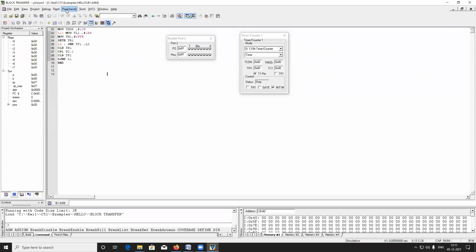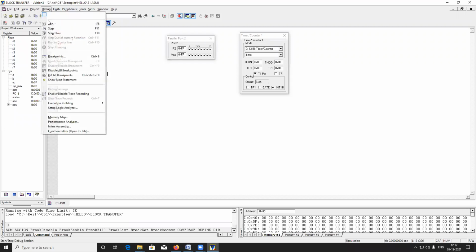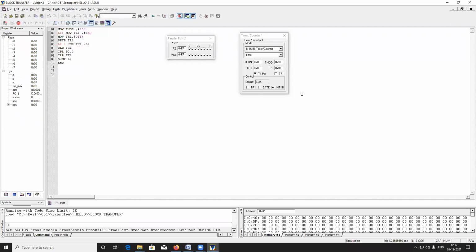If I run the program, see here counting will be done, and the TF1 flag will be executed. Here we can see, when you go step by step, TR1 is on or off. You can see the control of the TR1. Where to stop the TR1, get the TR1. See, one by one we will discuss. Then you can see here also all the things: a timer and control and port 1.